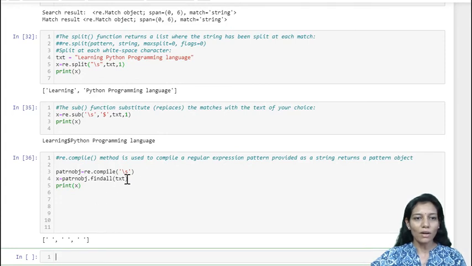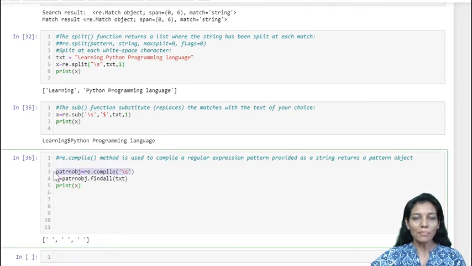It has applied this pre-compiled pattern object, and using that object I have called my findall method in order to apply this pattern and match all the occurrences. So these are all the places where the regular pattern has found a match.